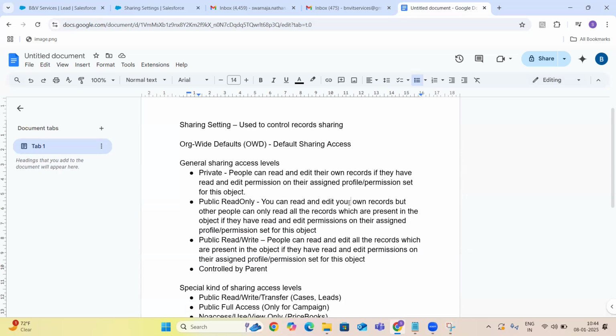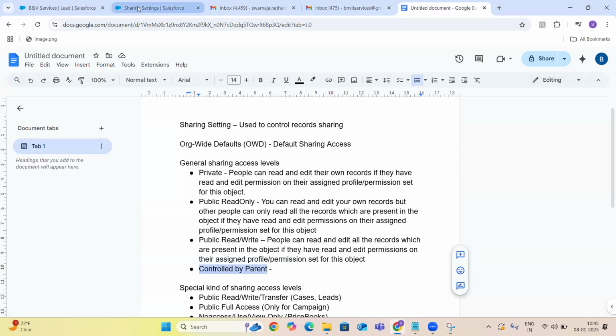That's it. And the last thing is controlled by parent, guys. Controlled by parent generally comes automatically in the case of a master detail relationship. Whenever two objects are connected with a master detail relationship, the child record access level is automatically controlled by parent.